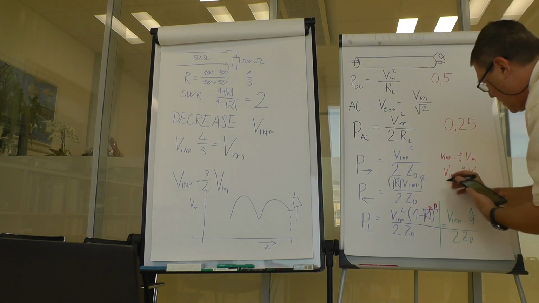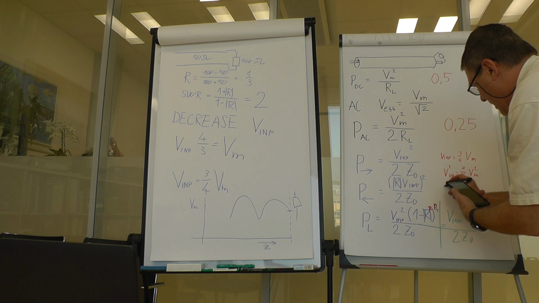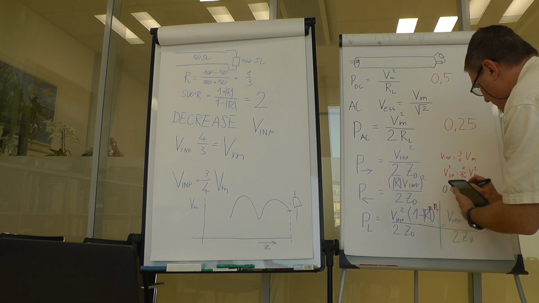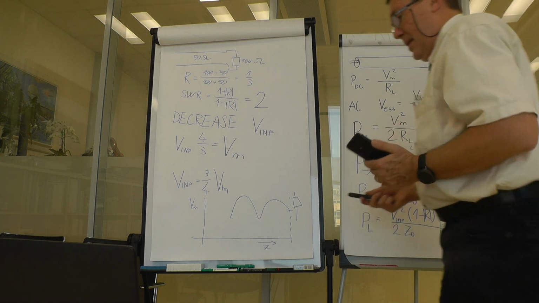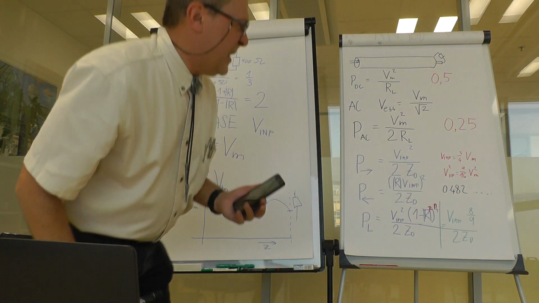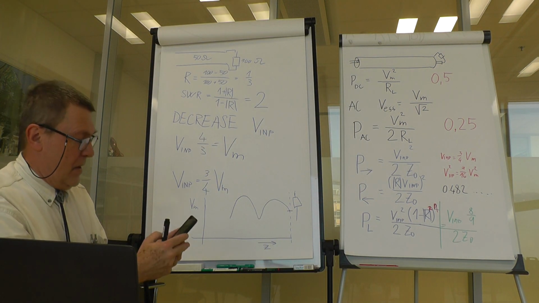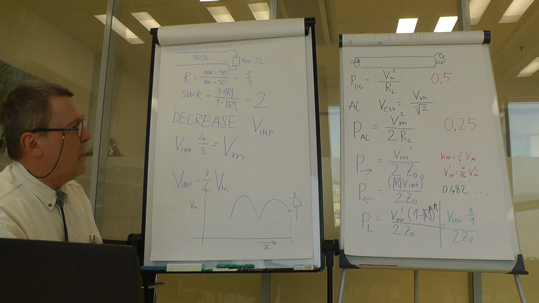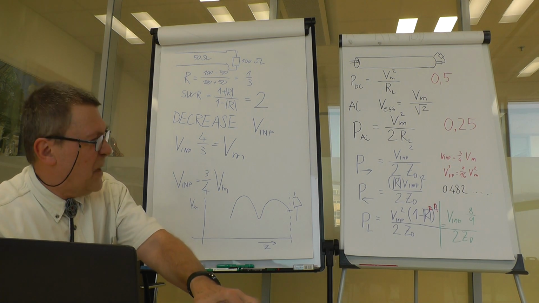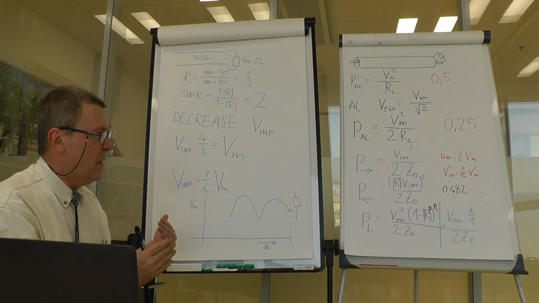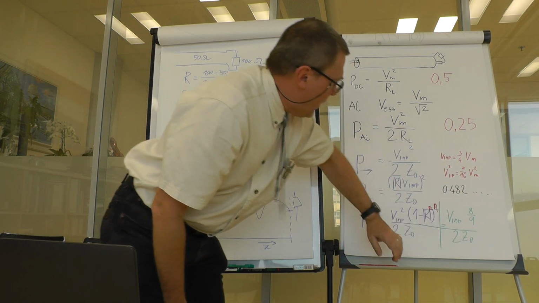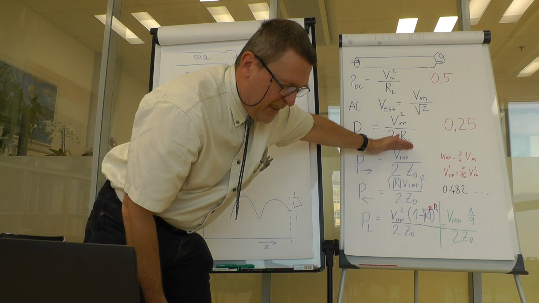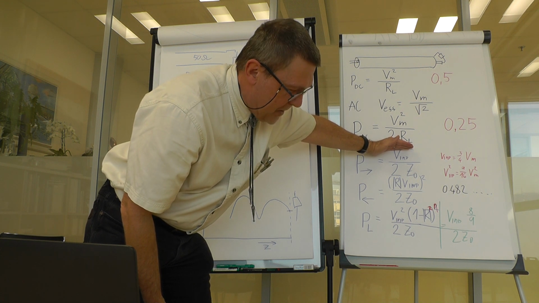And that gives rise to 0.482, which means that the power delivered to the load through the cable is more or less 1/2 of the power that could be delivered in a DC case without